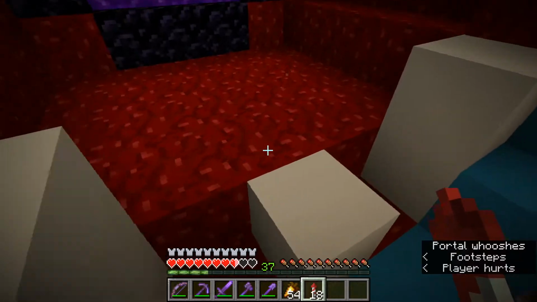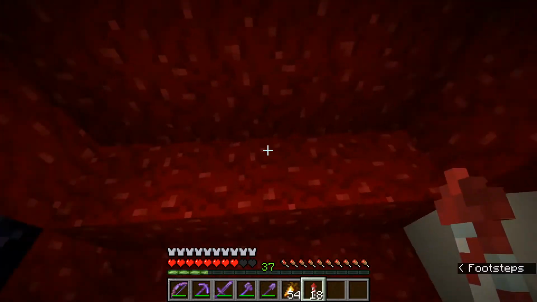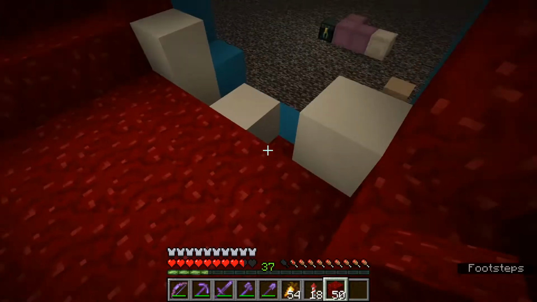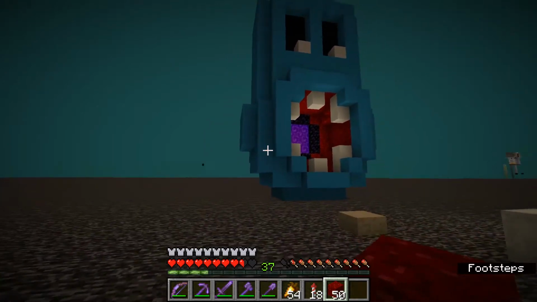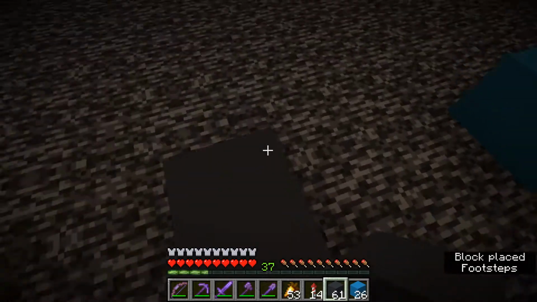I'm especially happy with his mouth. This is what it looks like from the inside. Using this, what is it? Is it nether quartz block as the interior of the mouth really works, and I like the teeth as well. It makes it look like an actual mouth. Yeah, it's quite fun. So for the tentacles, I'm thinking of doing kind of like an underside out of this